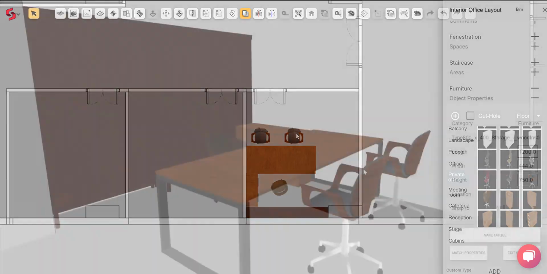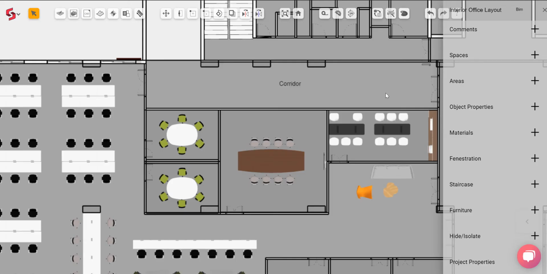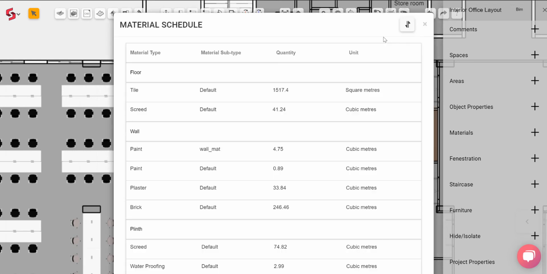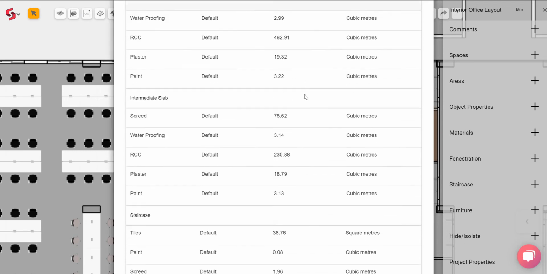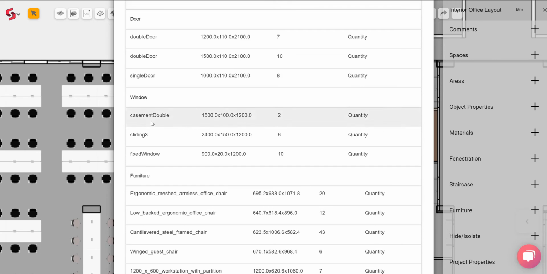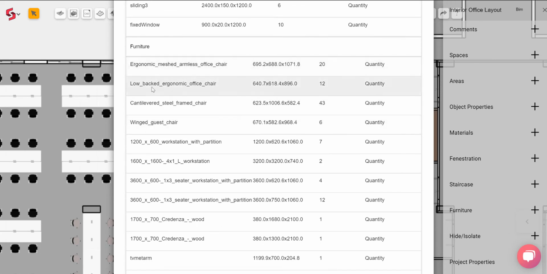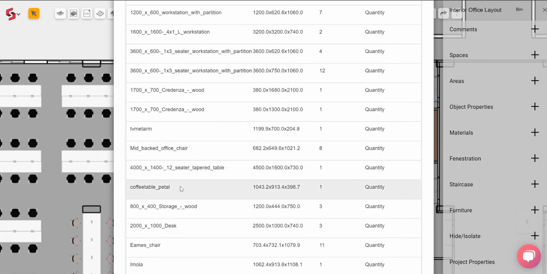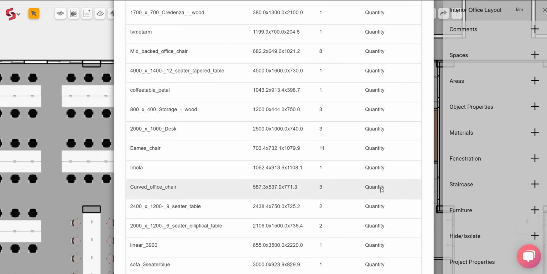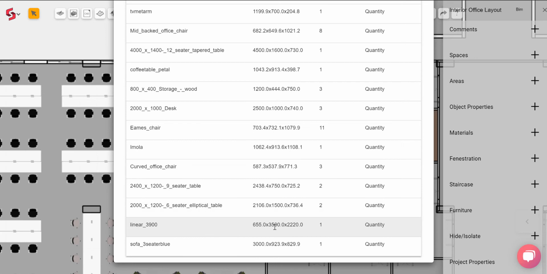In the second method of placing in furniture, a very interesting feature is the material schedule. Now select the material schedule, and when you scroll down, you'll notice that the quantity of all the materials used so far have been listed out. And as you scroll further down, you'll notice that the number of workstations with the number of each type of furniture placed in our plan so far is listed out. This feature is extremely useful to help us gauge the amount of furniture that we're putting in.